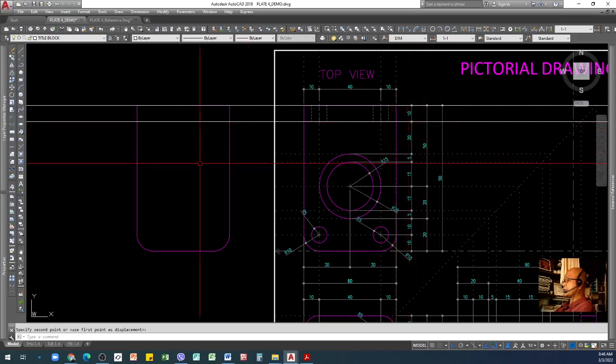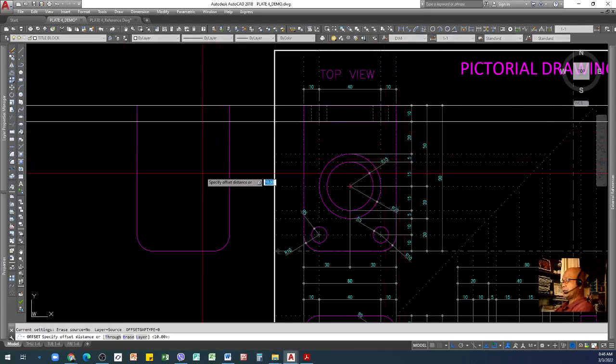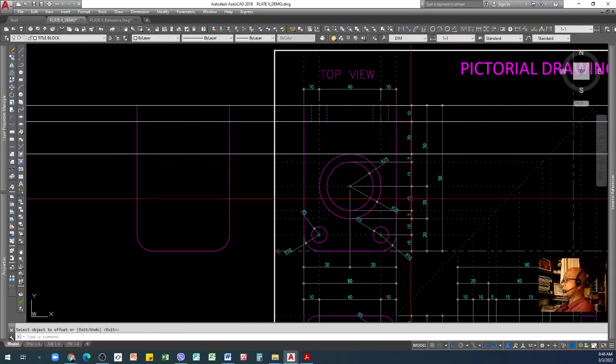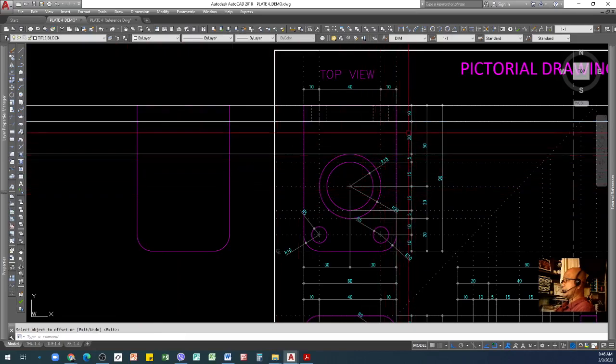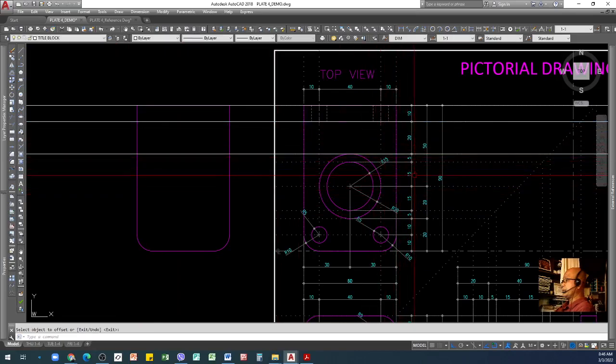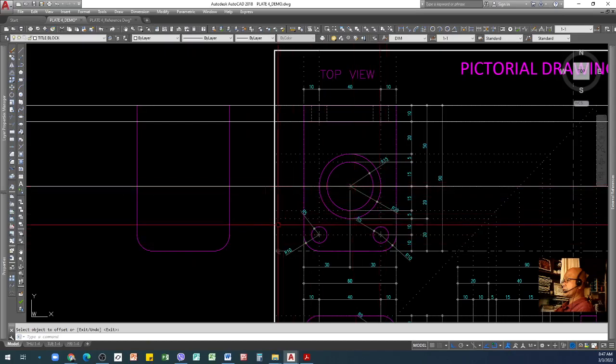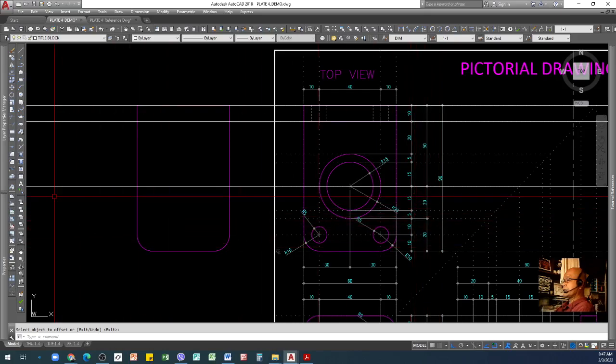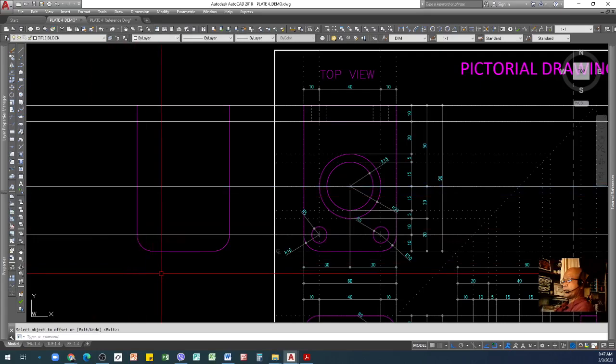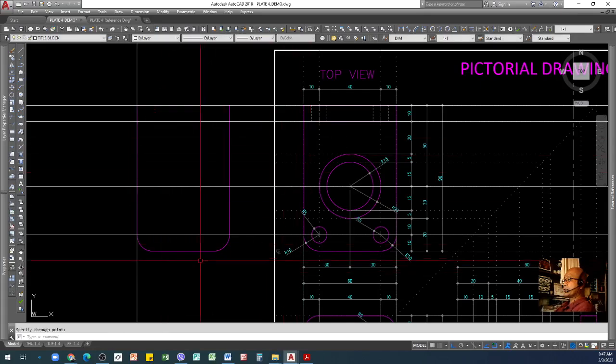And then the next dimension, I need to offset 20, or I'd rather offset 20, 25, 40 to locate the center of the circle. Offset 40, center of the circle. And then this one here, how much? 15, 20, 30. Offset 30, like that. And then I need to make a construction line vertical for the vertical distance.